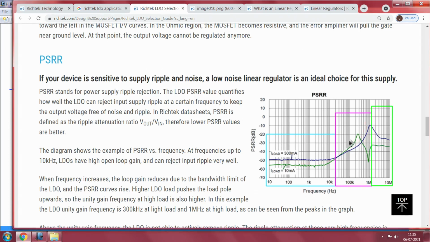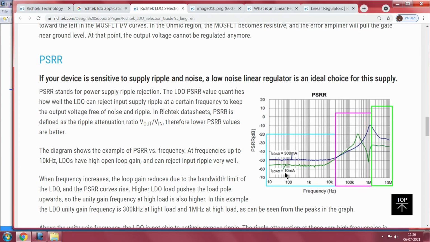And so essentially you have one picture which is telling you about the load current. Now the PSRR is directly influenced also by the load current. Under high load again there is a drop in PSRR. So please note the two variables that you have to keep in mind when you design for PSRR. One is that when you choose your LDO for a certain rejection ratio, you have to keep two parameters in mind.